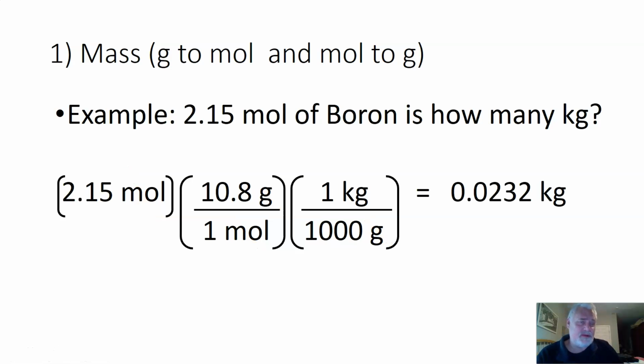And when you crunch those numbers, you will get 0.0232 kilograms. And yes, 3 sig figs, 3 sig figs, 3 sig figs. That 0 is not significant. That's just a place filler. This is 232 10,000ths. So you don't need those zeros except to show that it's a small number of kilograms,